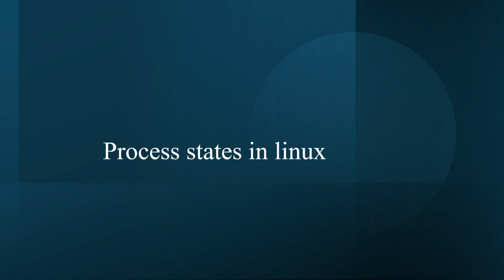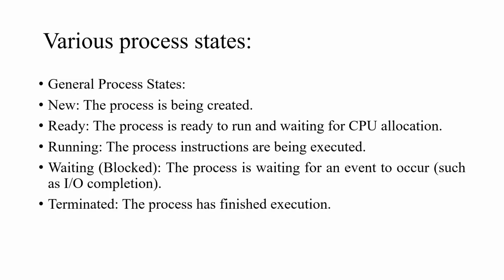Hello everyone, in this video we'll discuss the process states in Linux. The general process states are new, ready, running, waiting or blocked, and terminated. So these are the various process states in Linux. New is when the process is being created, and ready, the process is ready